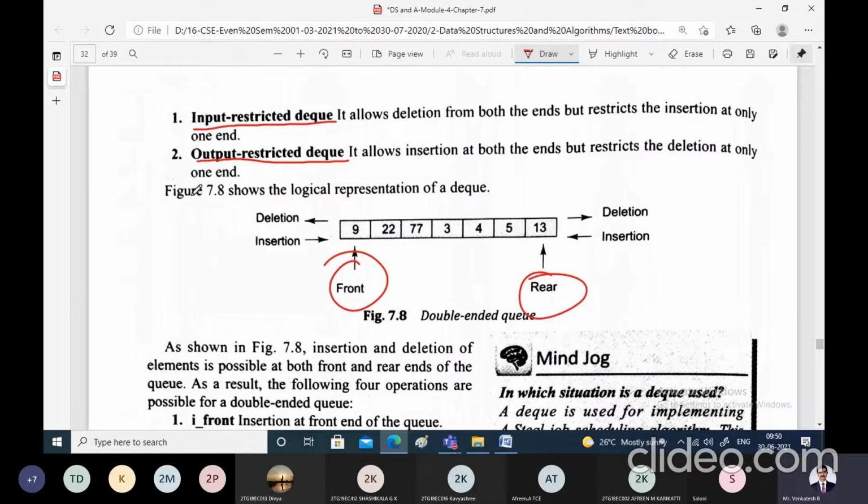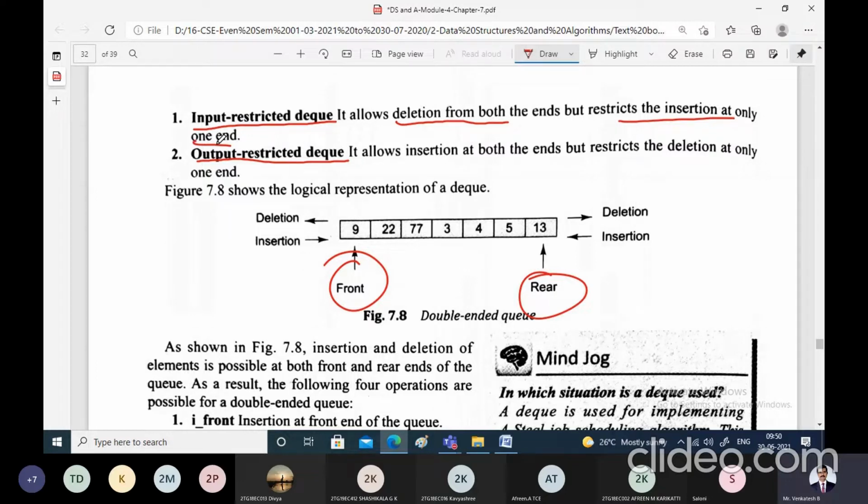Now, based on the restrictions, there are two types in the double-ended queues. The first type is input restricted queue. As the name itself says, there is no restriction for the deletion. Elements can be deleted from both the ends, but the insertion can be done only at one end. So it is called input restricted. That means you are going to restrict input from only one end, but deletion can be done from both the ends.